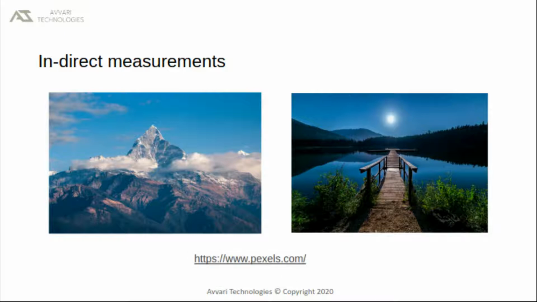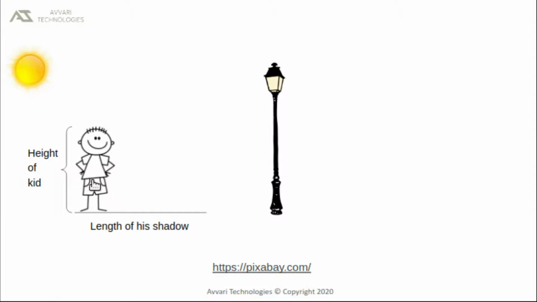I will give you an example to demonstrate how indirect measurements could be used. Here we can see a boy standing under the sun and there is a pole next to him. We need to find the length of this pole using the reference of the height of this kid. We know the height of the kid. He got a friend to find the length of his shadow. And he got one more friend to find the length of the shadow cast by the pole. His two friends are measuring the length of shadows at the same time.